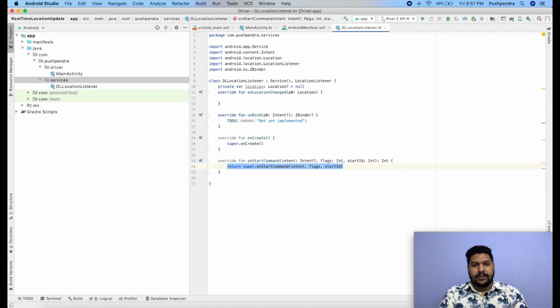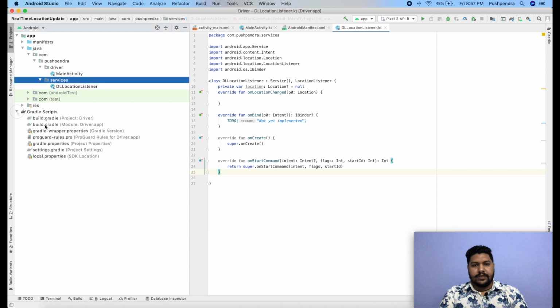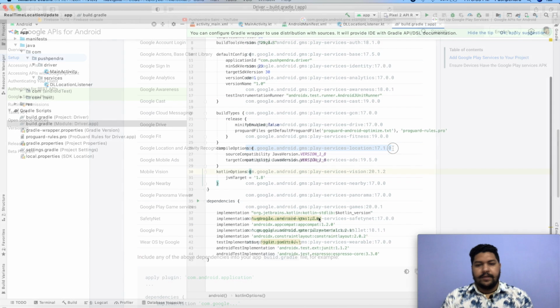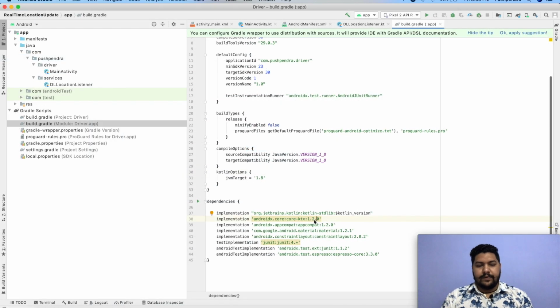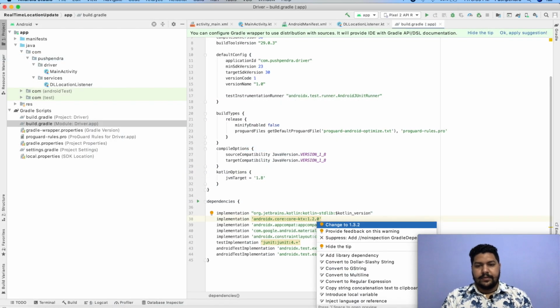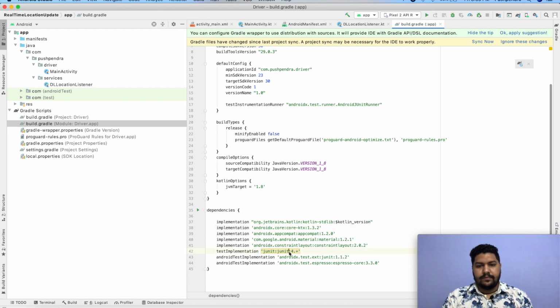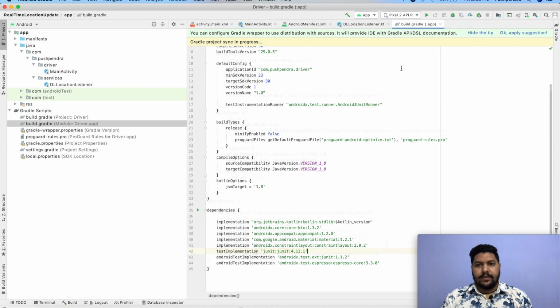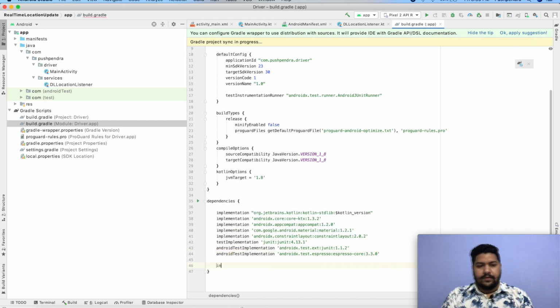In onStartCommand what we have to do is start our location listener, and here we are going to use one Google service for location. So we are going to use this service, and before that we will upgrade this. Sync, and below that implement.